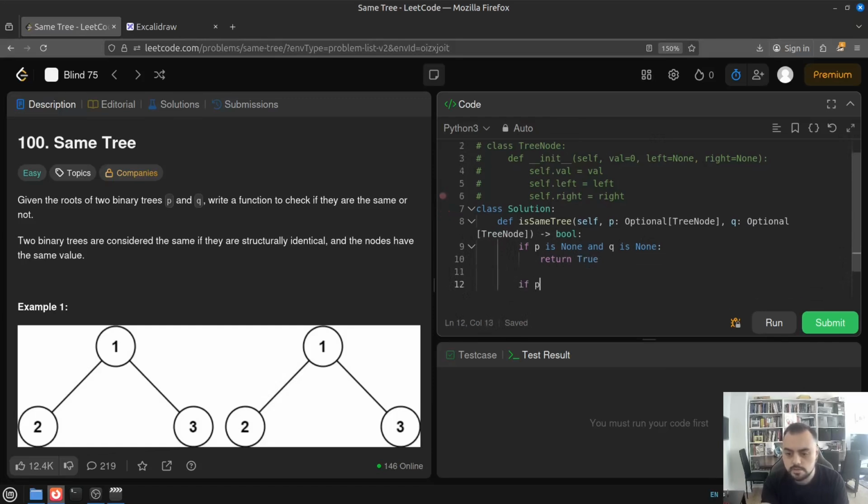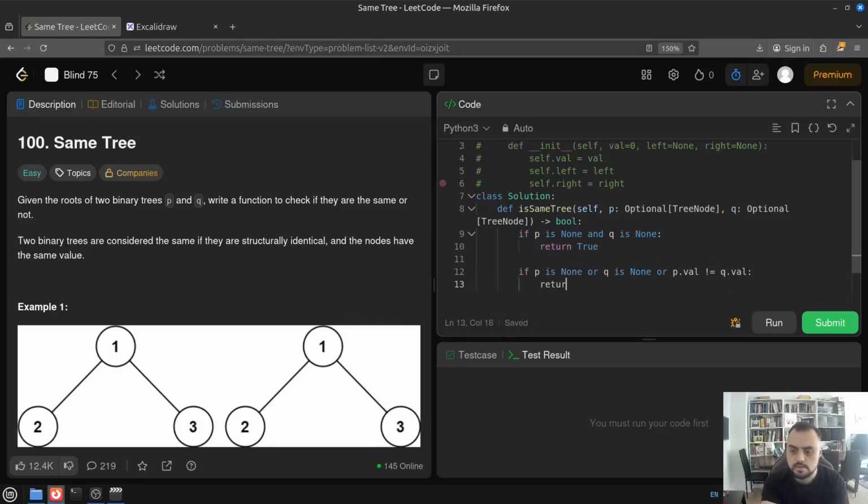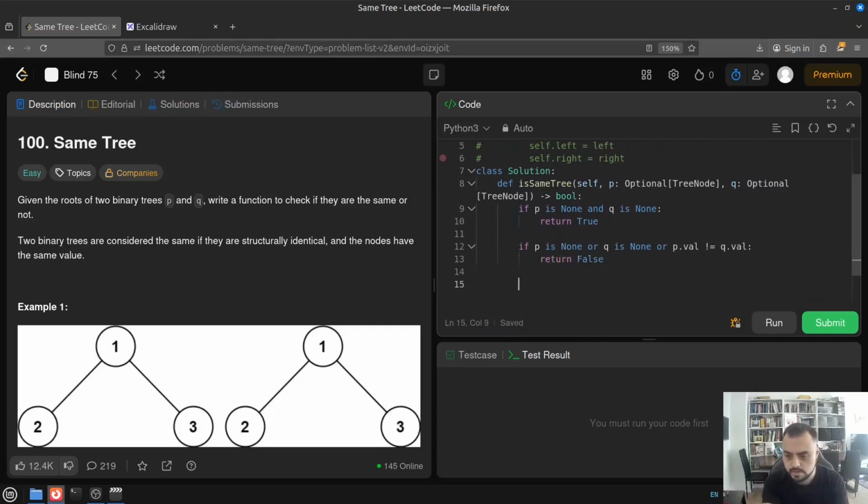Otherwise, if P is none or Q is none, or the values are not the same, then we have to return false,